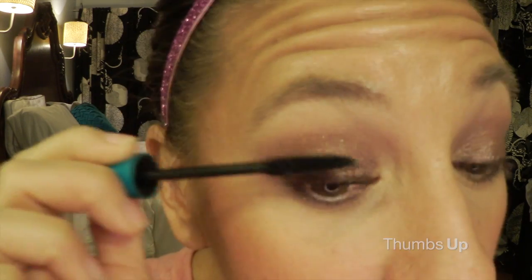Uemura eyelash curlers. Curl your eyelashes, don't curl your eyelashes, whatever you do at this point, we're gonna do it. These things are always so scary looking. I remember the first time when I was little and I saw my mom curling her eyelashes, I was like, I don't want to do that. Funny how times change. So I'm just going to add a couple of coats of mascara